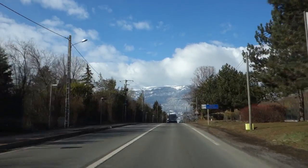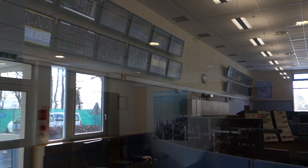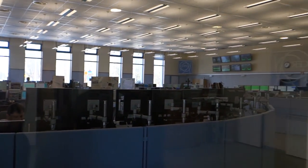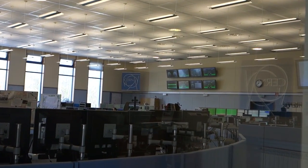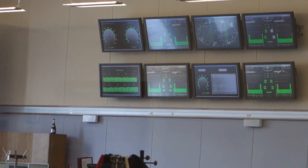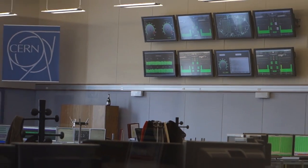Yeah. And that, my friends, is the control center. This is exciting. And so this controls what aspect? What experiment? No, it's for all of them. All of them? For the accelerator, just for the accelerator. This is the control center for the accelerator. So cool. Oh, battery exhausted. Yeah. So here's the